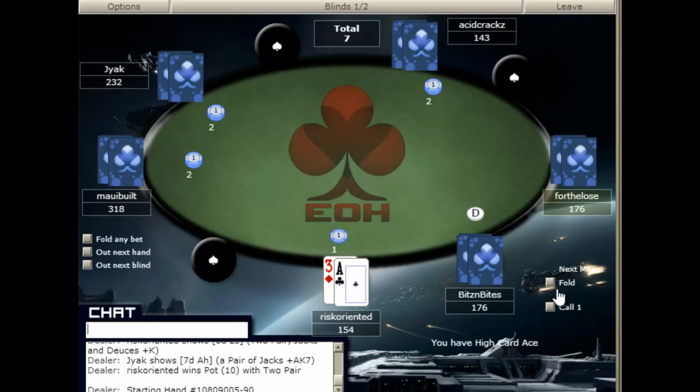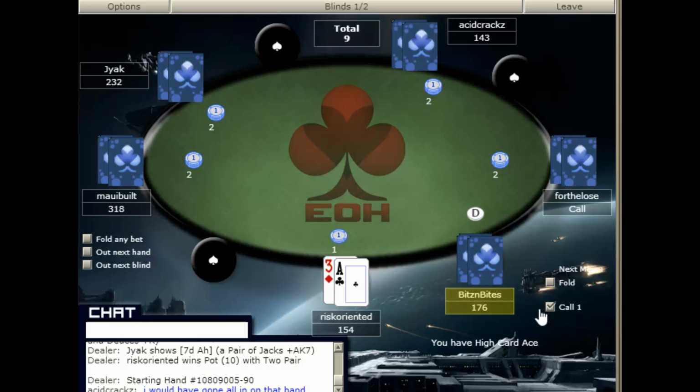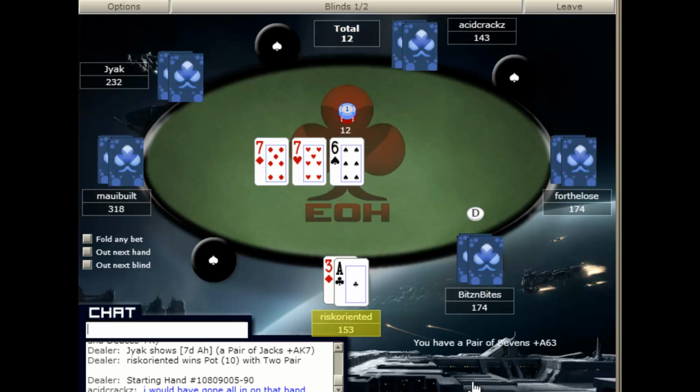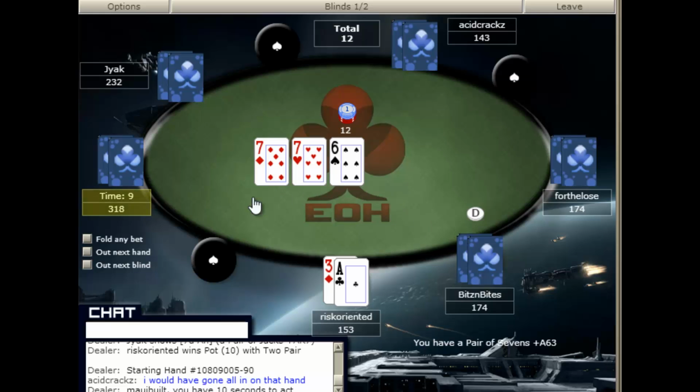And the way position works is simple. Early position, bad. Late position, good. The later you are, the more options you have for playing your hand. For example, when you're on the button, you know that you're going to be in position throughout the entire hand, no matter what, and this allows you the option to essentially control the size of the pot. So the further you are around the table, closer to the button, the more hands you can play, the more you can raise, the more often you can raise, and the more options you have for re-raising or calling before the flop, or slow playing after the flop, or playing fast after the flop.